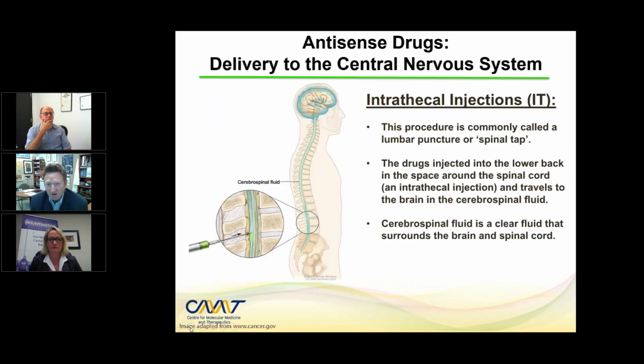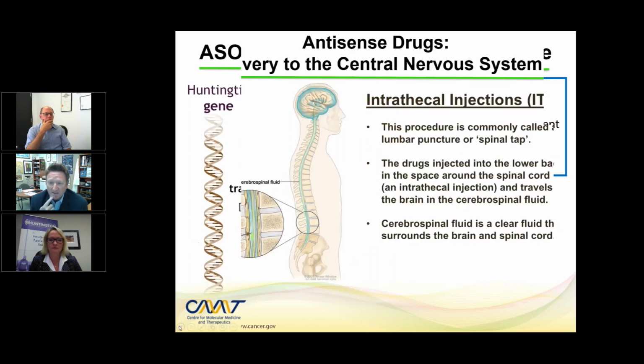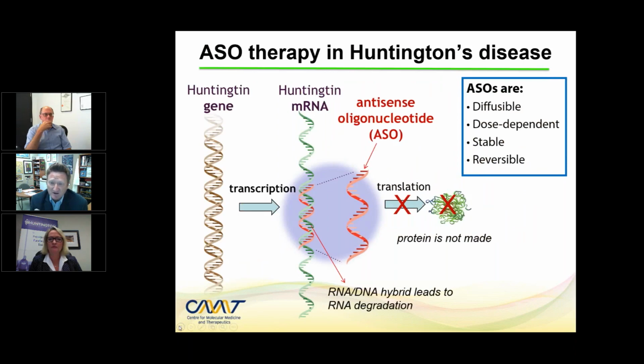Just a couple of things. Sorry, you can go back. I just wanted to mention a couple of the advantages of this approach that are really important for the safety and for the understanding: these small little pieces of artificial DNA get into cells very well, and they do have a long-term action for months after an infusion, but importantly, they do wear off and it is reversible,